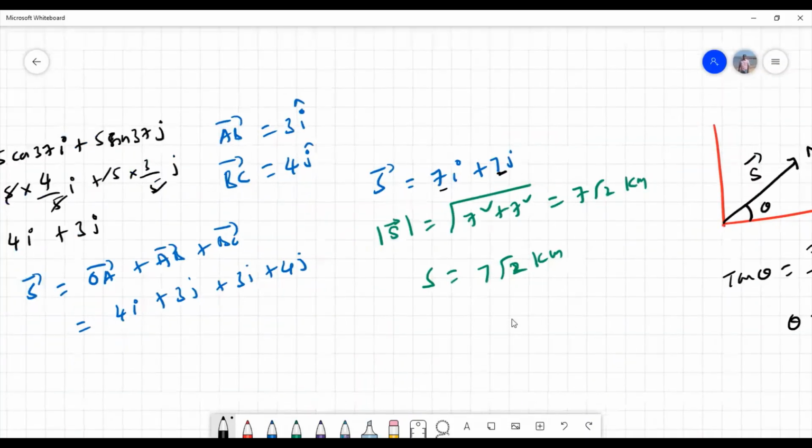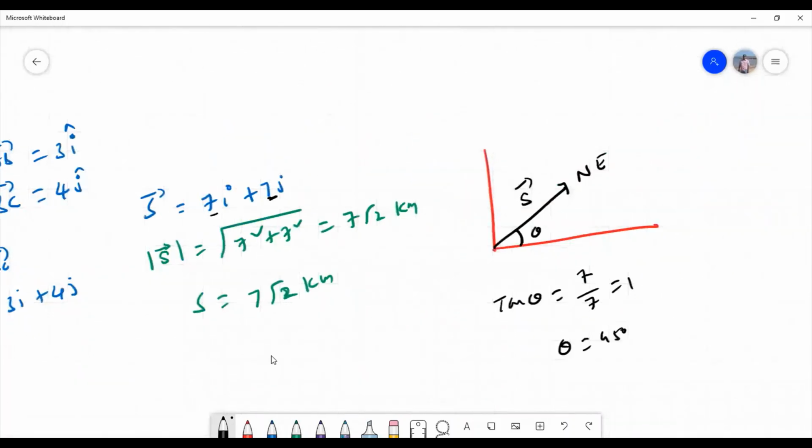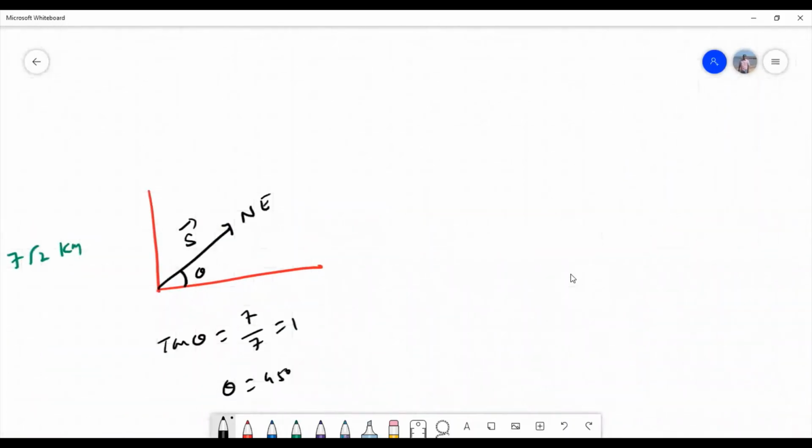This is his displacement. Right, some people may be confused with the values of sin 37, cos 37. For that we can remember this easily. The right angle triangle, you just remember this one. And for 37 degrees, if you look at it, this is 3, this is 4, this will be 5.